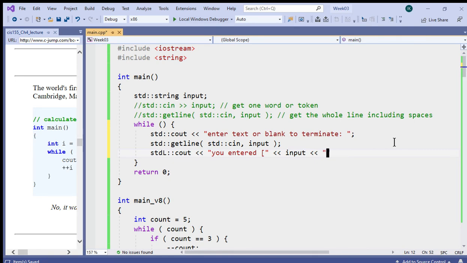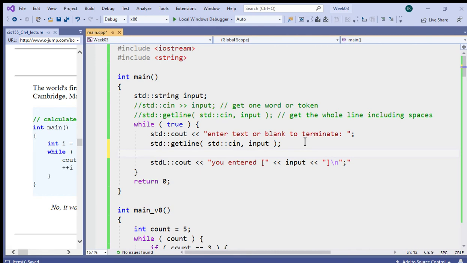Right, so this will be printed with a new line. So essentially I can create this endless loop and test this. So enter text or blank, get the input, echo back the input, and here we can say